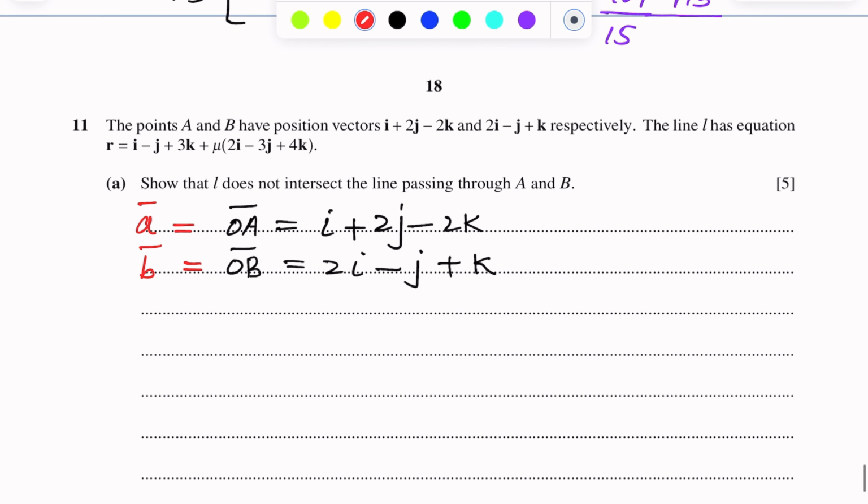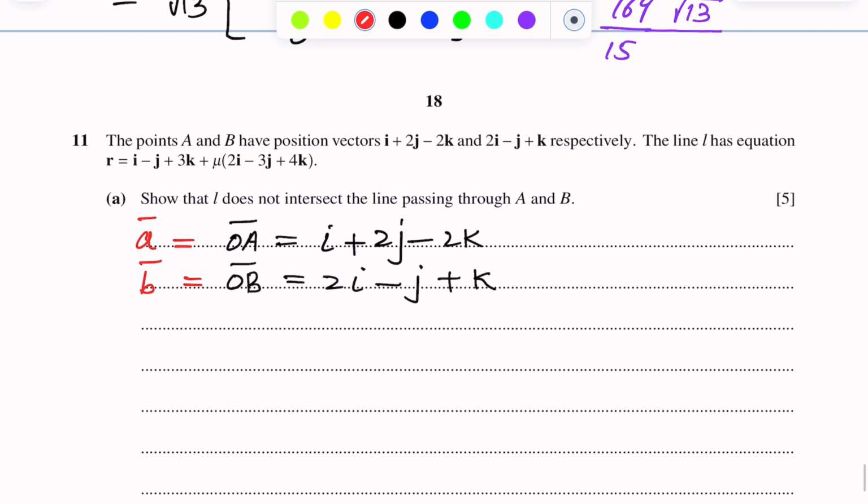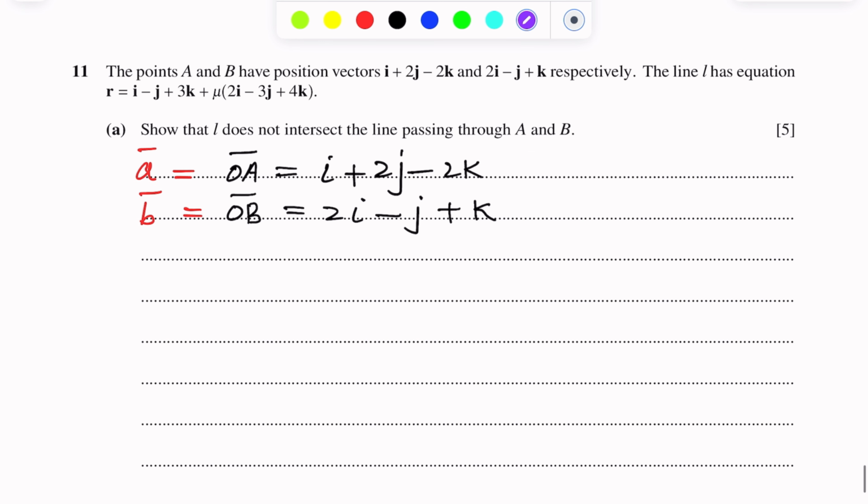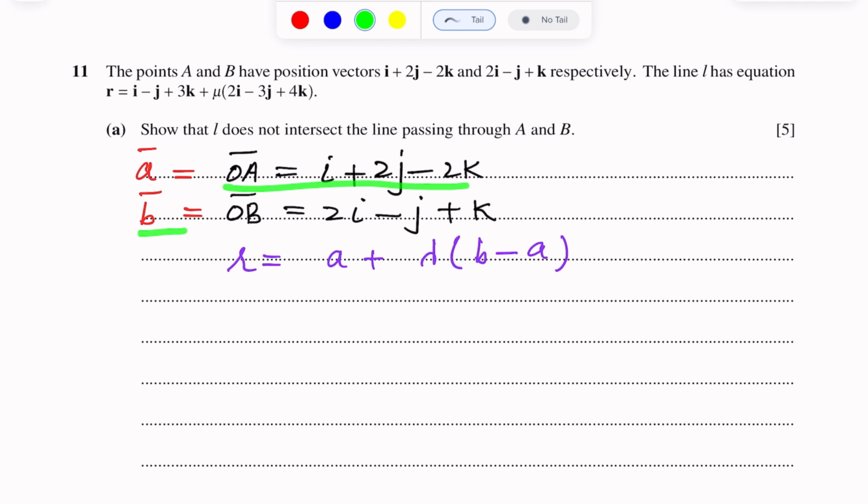We suppose. Now the vector equation of a line passing through 2 points will be r is equal to a plus lambda into b minus a. So A and B are given, so the line passing through A and B, line AB, will be